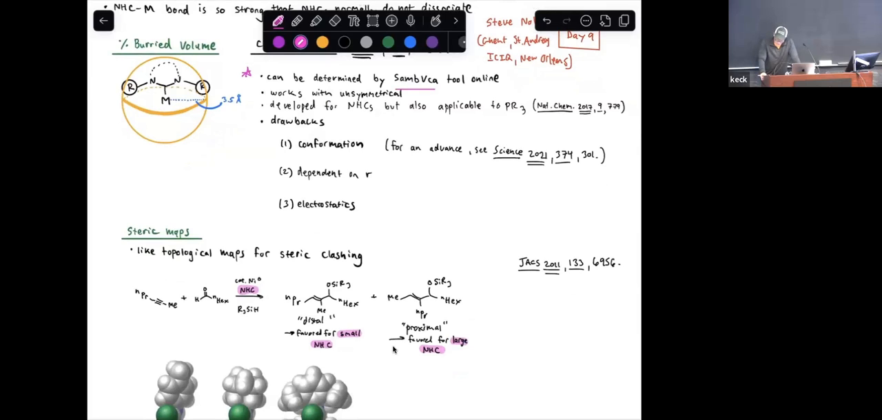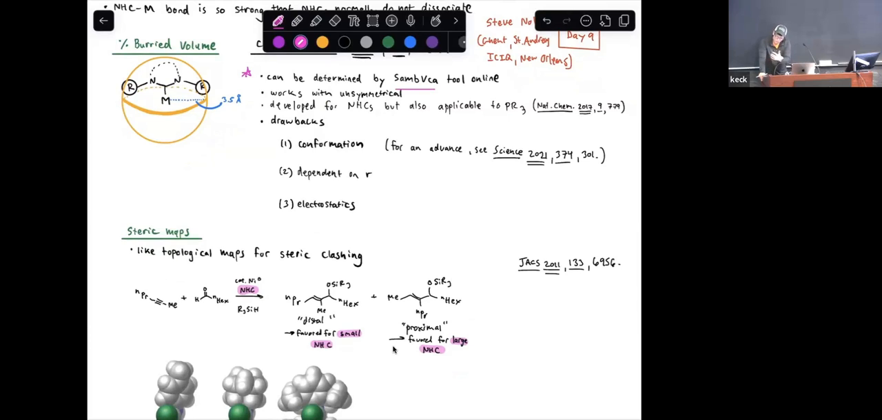Okay. So one of the things that is cool, this is not totally in fashion yet, but I think will become more and more in fashion, is that this concept of buried volume can be useful. You can replace the metal with any main group element that you're interested in, and you could then use it as a readout